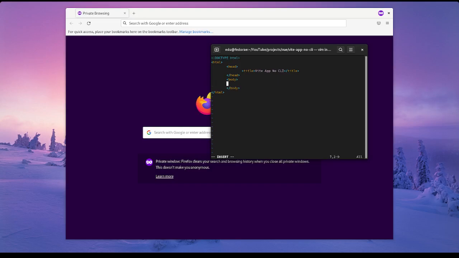All right, so in here, we're gonna just go ahead and add the div that we need with the ID on here of app. And again, as I had mentioned before, this is where files will be injected in. And the next thing, the new thing that is here, is that we also have a script tag. So this file actually takes a type of module,